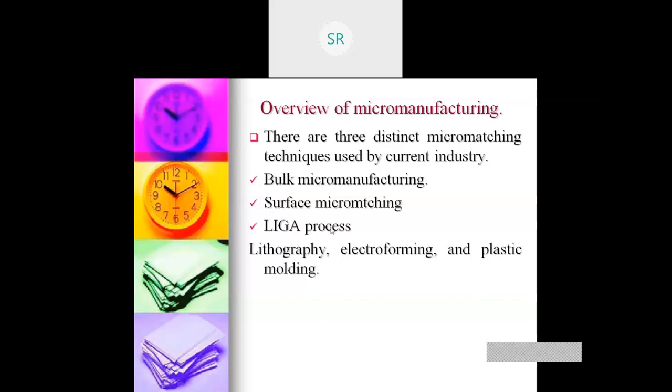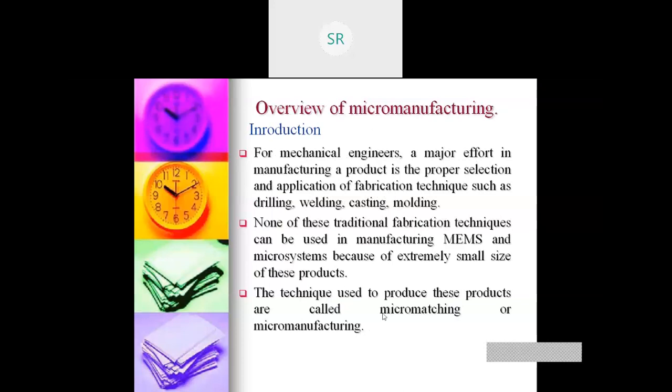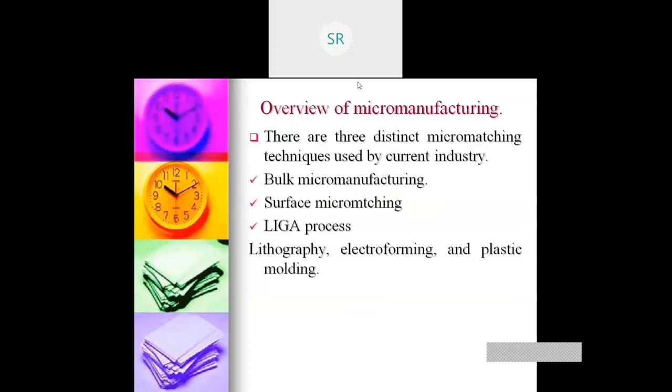So my micro machining and micro manufacturing are further classified into bulk micro manufacturing, surface micro machining, and the LIGA process. These are the three technologies that are used to design MEMS and my microsystem. Next, I need to study each one separately. I'll take bulk micro manufacturing first.